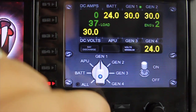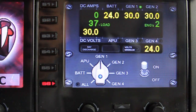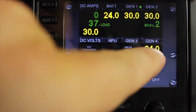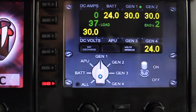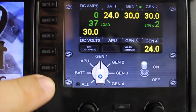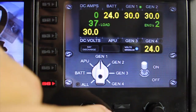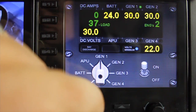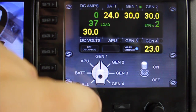Now, all my gauges turn on and off with a minimum voltage value. So anything electrical on any gauge, once the voltage reaches a set minimum, and this is the minimum here set by this gauge, once that voltage drops to this value, then all the electrical functions of all my gauges turn off. So to set this value, we simply press S6 to make the volts minimum highlighted, and then we can drop the voltage down. So if everything turns off when we hit 23 volts,